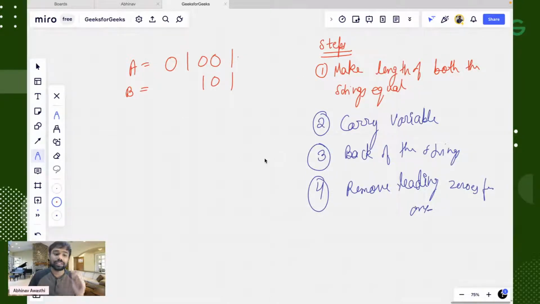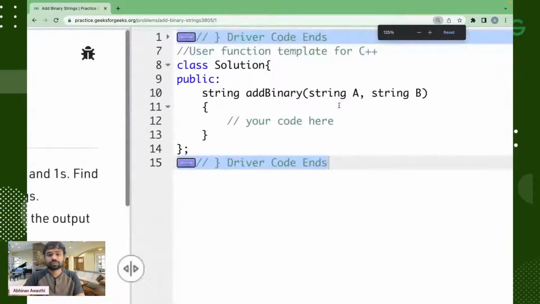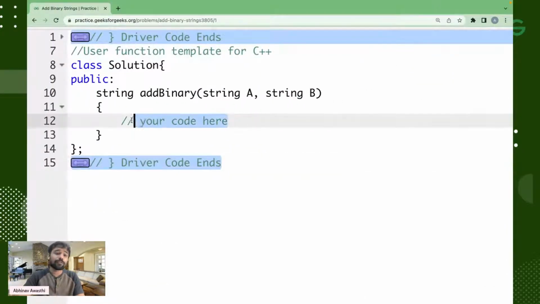Okay. The first step. Now, guys, what is the first step? The first step is that we have to make the length of both the strings equal. Okay, let's do it. For that, we will add some leading zeros in A or in B based on their length. So what I will write: while A dot length,